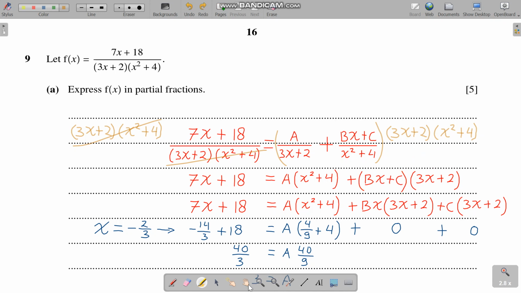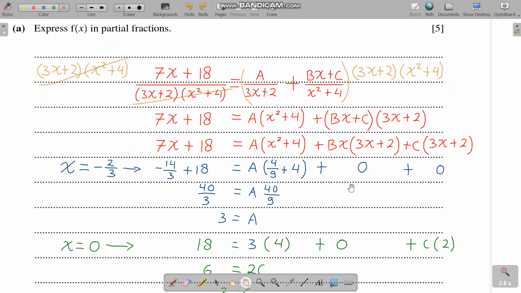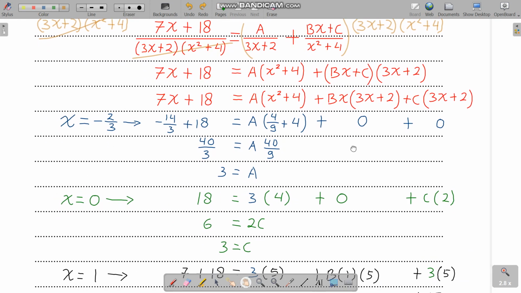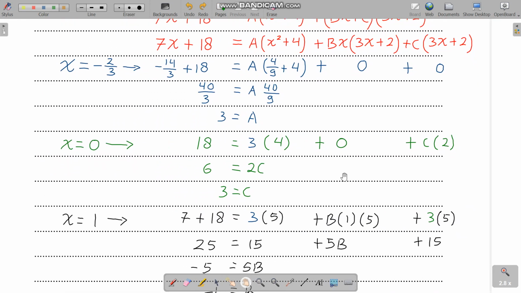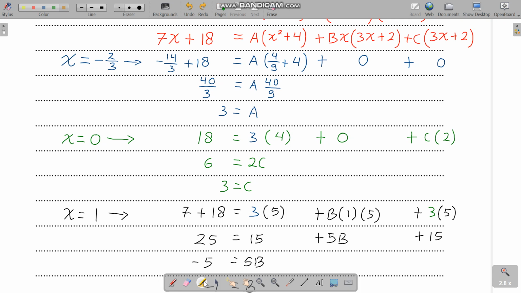And now we want to separate the b and the c. So we multiply bx times 3x plus 2 and c times 3x plus 2, because we want the b and the c to be in different terms. So the next step is to cleverly choose the right values of x so we can find a, b, c